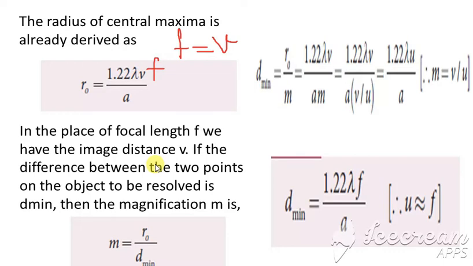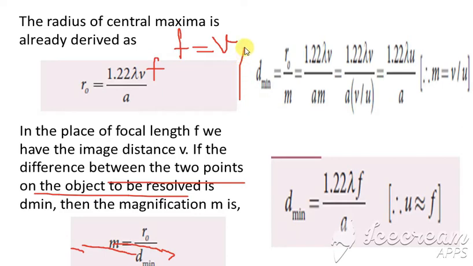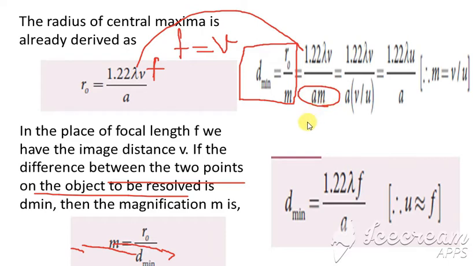Now the next is the formula for magnification. If the distance between the two objects is resolved into D minimum, then the magnification is r naught divided by D minimum. From this, if we need the value of D minimum, bringing this m down, we get D minimum equal to r naught divided by m. Substitute this value of r naught here: 1.22 lambda V divided by a m. Here m is equal to V divided by U,